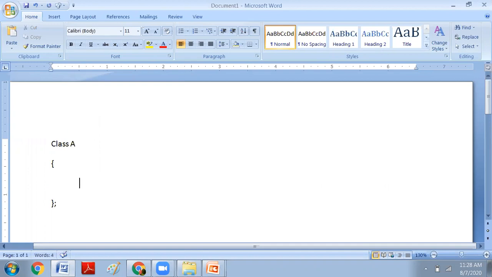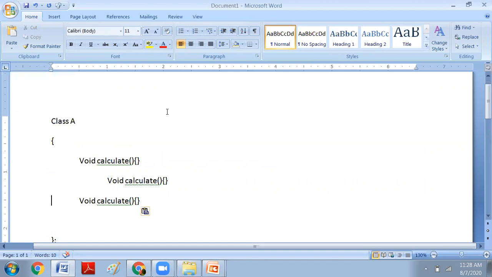I have taken class A. If you observe, class A contains three methods, and the names of all three methods are the same: calculate, calculate, calculate, inside the same class.